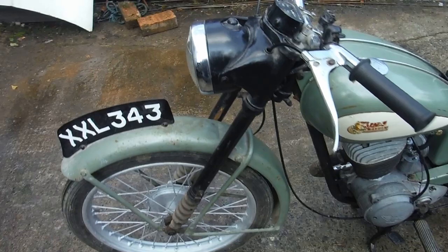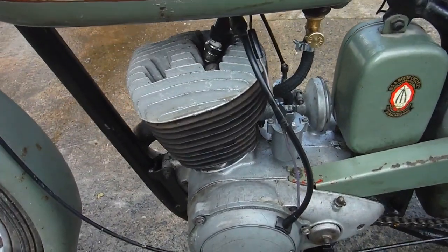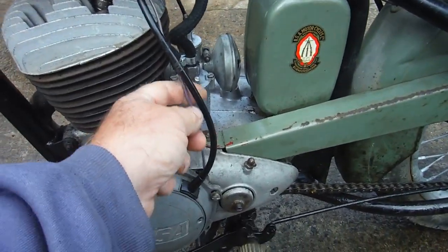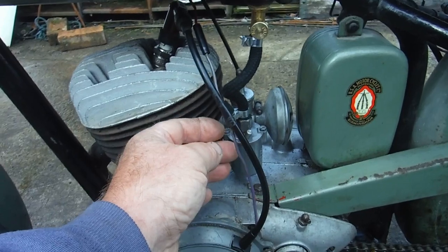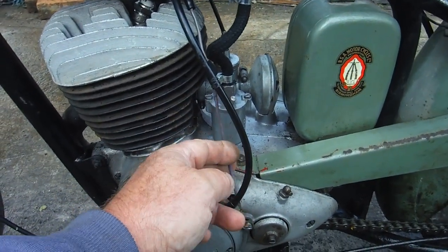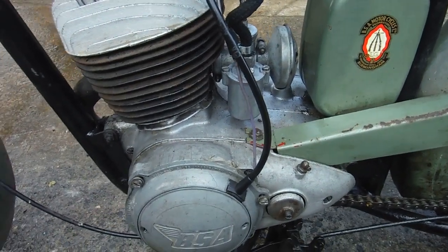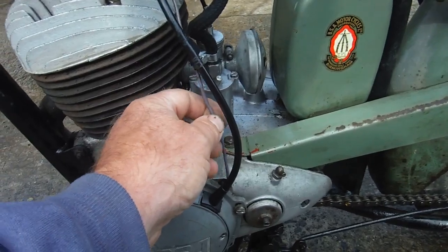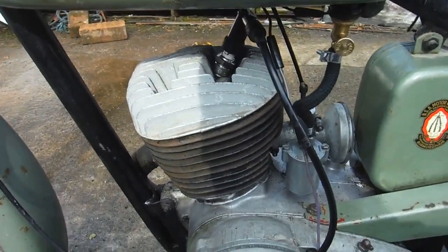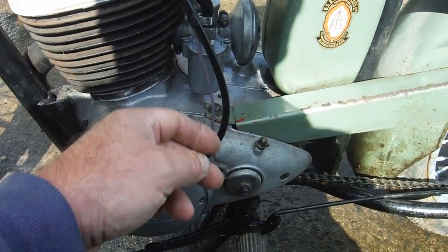So I was asked to get it running, and strangely enough it had no sparks, but it turned out that this purple wire, which is obviously for charging for the lights, was twisted and wound into the HT lead at the coil where the HT lead exits the coil. So I disconnected that and instantly got sparks, which it didn't have before, and it didn't take much more effort